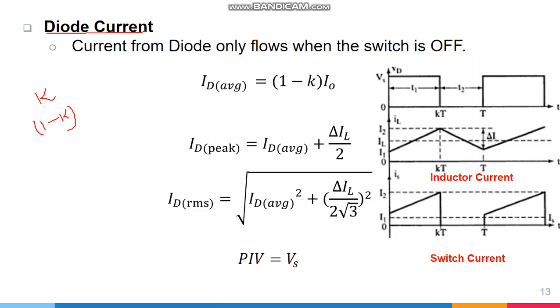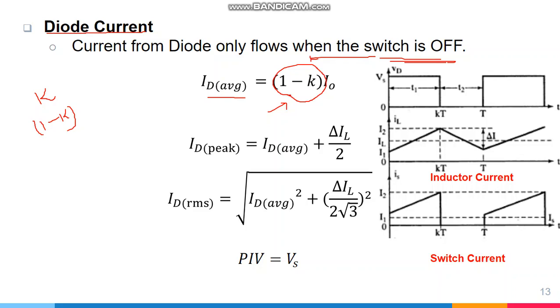So the ID average value can be calculated as the percentage of the duty cycle for which the current will be flowing from this diode, and that duty cycle is 1 minus k, that is the off time. When the switch is off, the current is flowing from this diode,